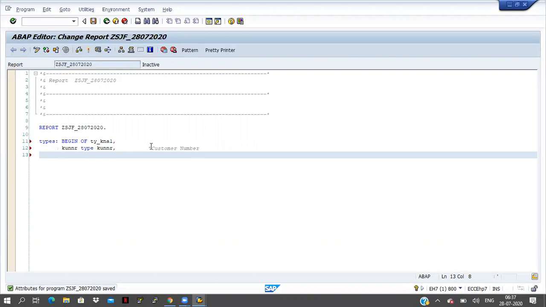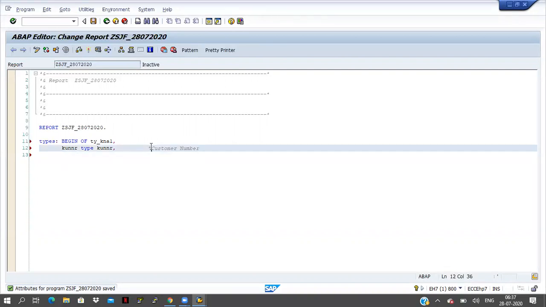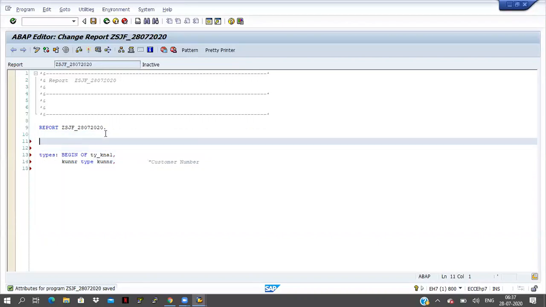So here I have started some double quotation. What is the meaning of this? I am commenting here. If you want to write anything as a comment, first of all I give a star symbol here, and after that I can write anything.